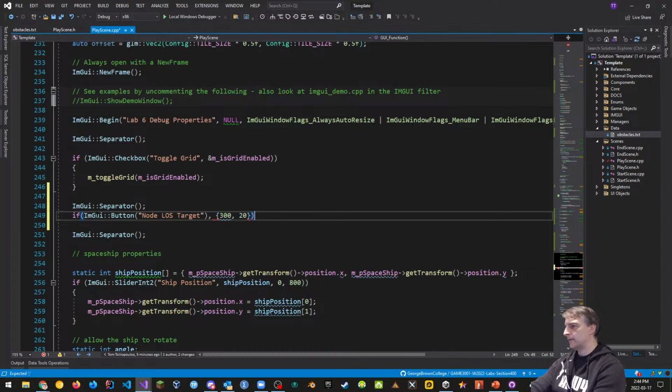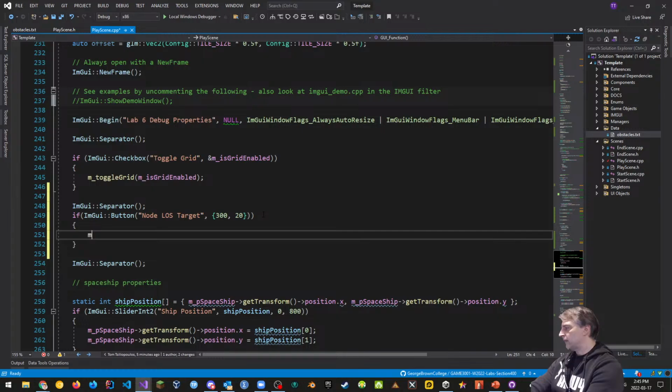That's what Alex recommends. And that is kind of the pixel size, if I'm not wrong. We don't need a bracket here for that. So what the button does in this particular instance, it says, okay, this is the name of the button, and the next part is the size of the button. This is a size, so 300 pixels by 20 pixels. Alex is specifying this to make sure that things fit properly.